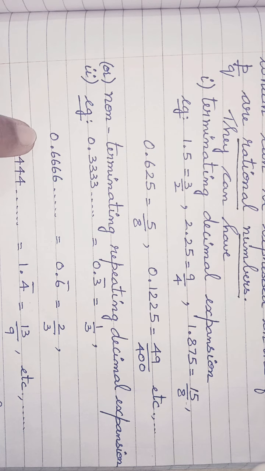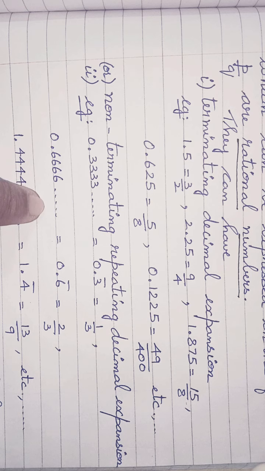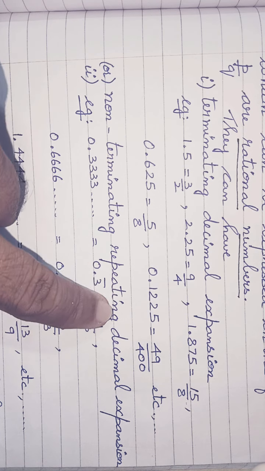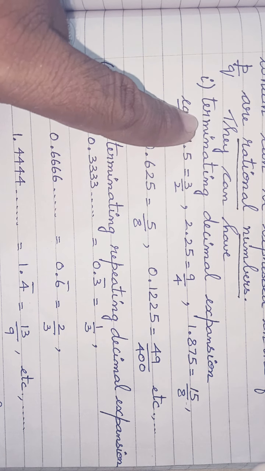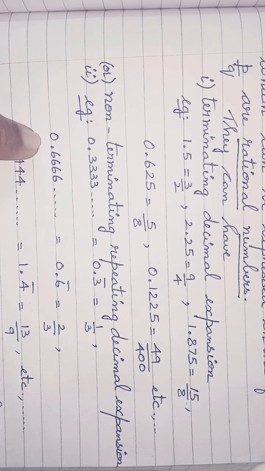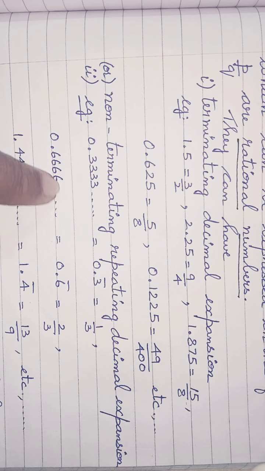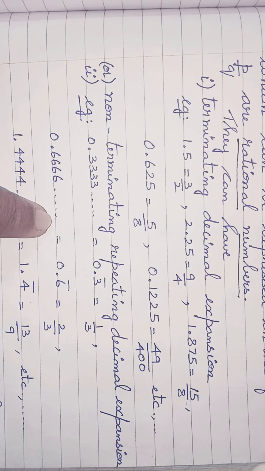I will give you one more example. You can see this number 0.6666. Again, you can see that this is a non-terminating expansion, but it has a repeating decimal expansion. So even if the number is not terminating, as in this case, if it has a repeating decimal expansion, you can see that the number 6 is repeatedly coming there infinitely many times.